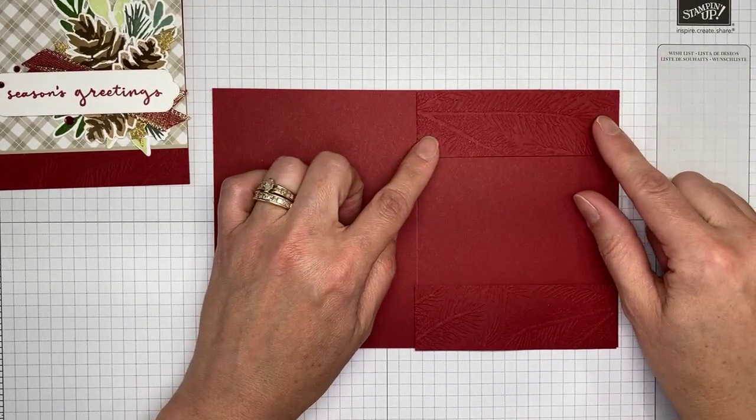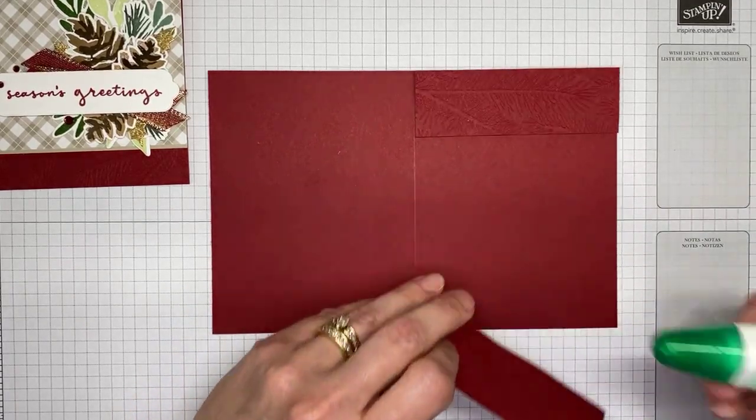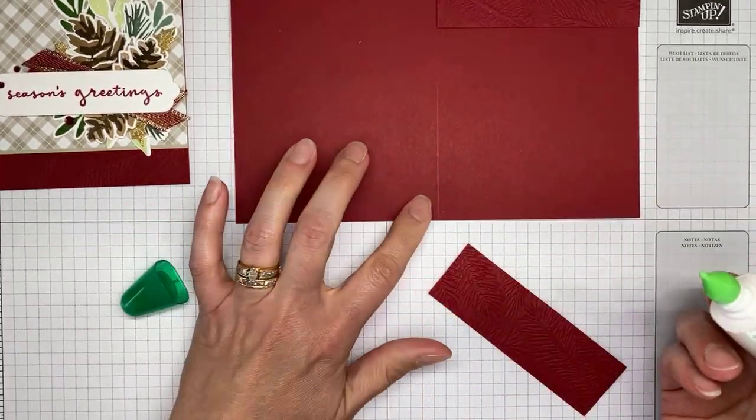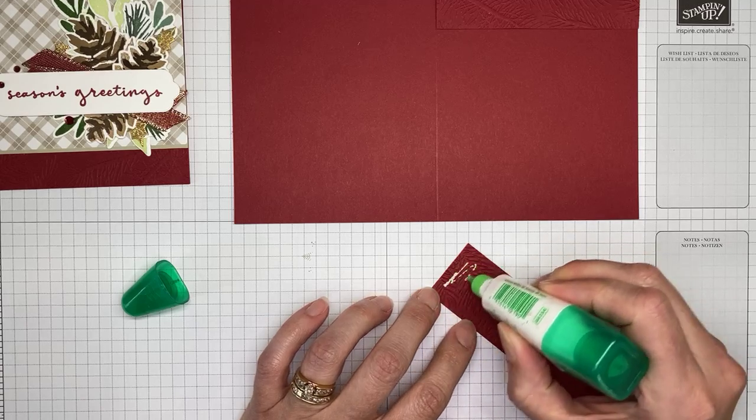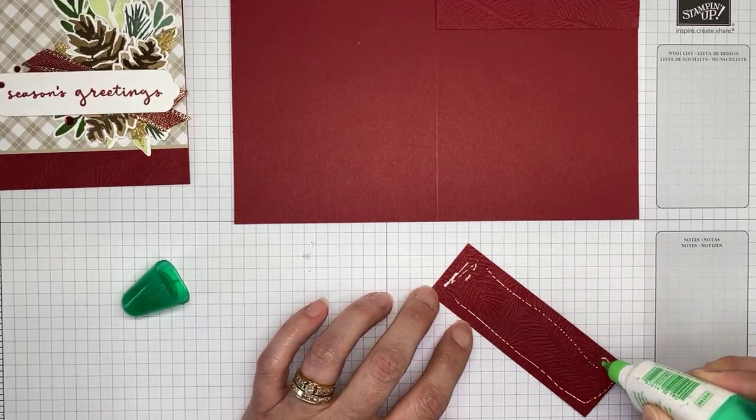That's basically what I wanted on my card front, was just the little peaks of it. And so we're going to go ahead and glue that together. The card base is cherry cobbler, and it's cut to 5.5 by 8.5 and